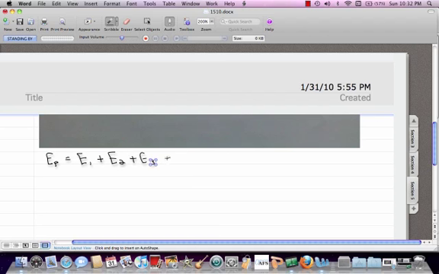So I'm going to plug in, and I get K Q1 over R P1 squared, the distance between RP and R1, plus K Q2 over R P2 squared plus K Q3 over,